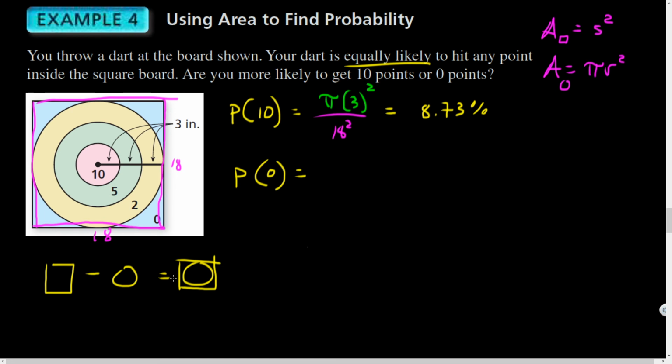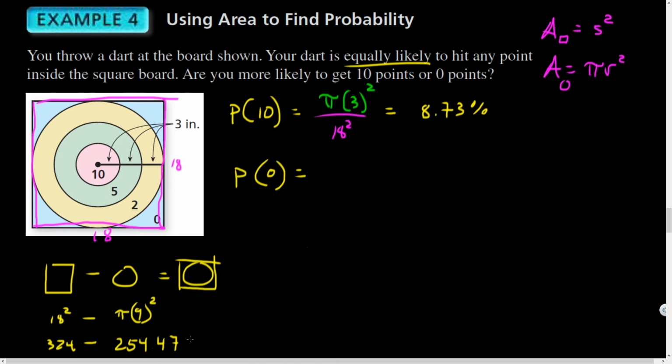Interesting. So I feel like doing this. This one's 18 squared minus this big circle, which has a radius of 9. So that's pi times 9 squared. And 324 minus 81 pi is